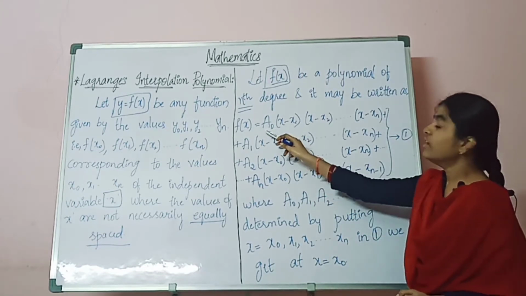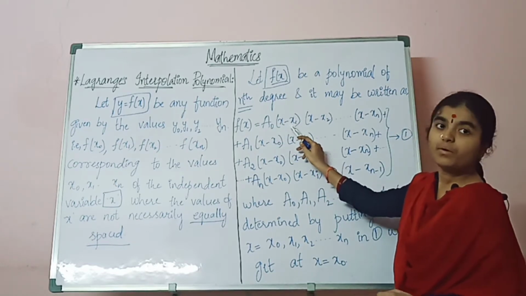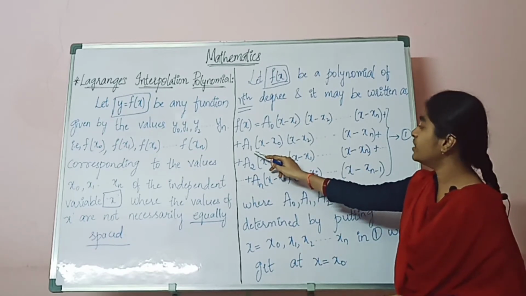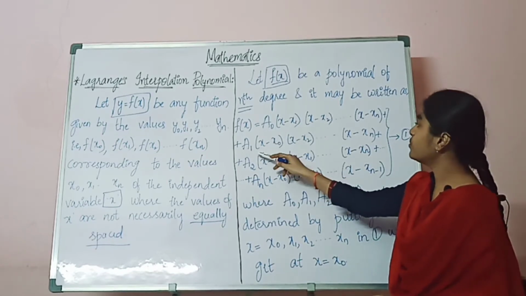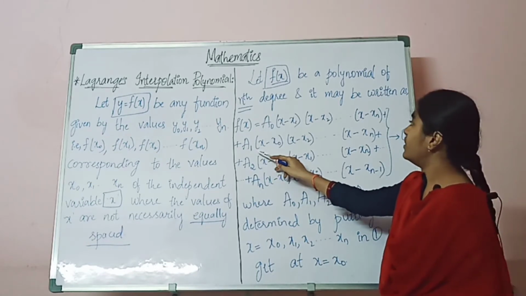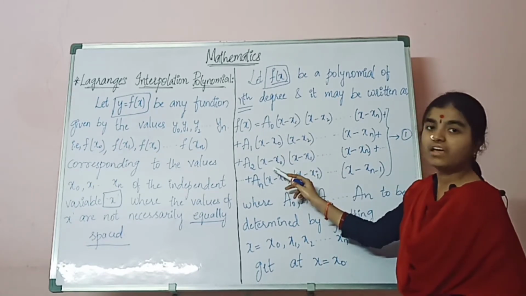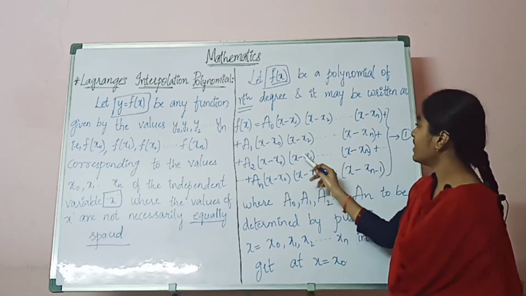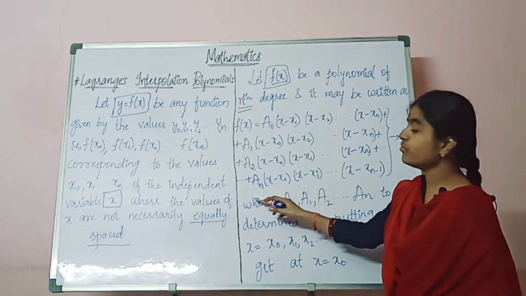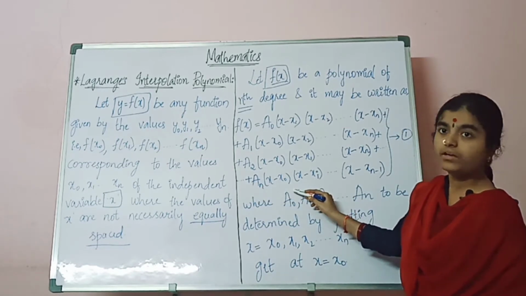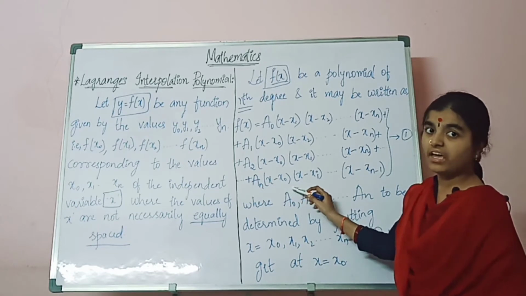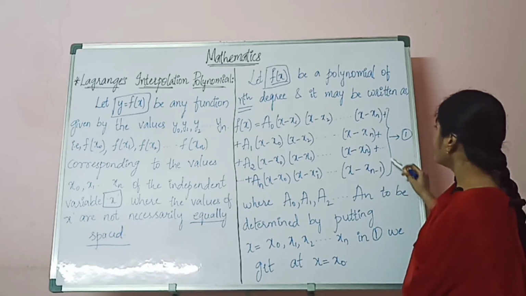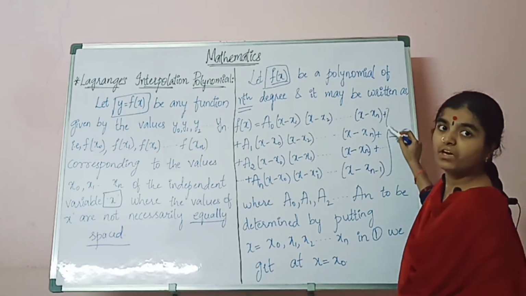So what are we taking here? If a0 is there, we take x1, x2, and so on up to xn. Next, if we take a1, we take x0, x2, excluding the x1 value. If we take a2, we do not take x2, only x0, x1. Now, going on up to an, we take x minus x0 and so on up to x minus xn minus 1; we are not considering the xn value. So this is going to be our equation 1.